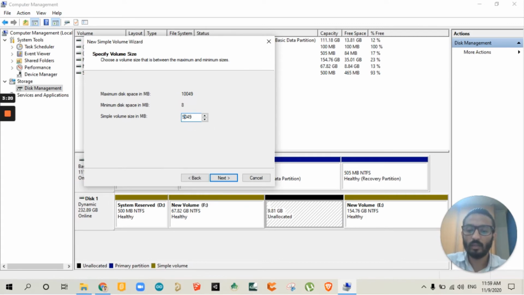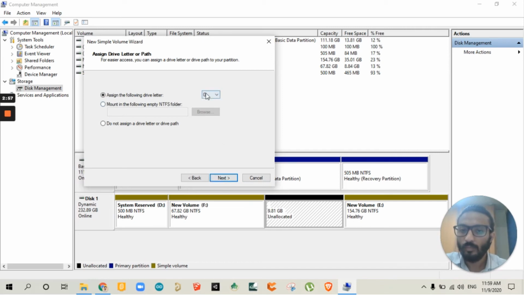We could just create a 5 GB space, but for a separate category of documents, like only simple documents. Simple Word files or Excel files don't take that much space. Video files, 3D files or game files take a lot of space, so for that you would need to create a bigger drive. But right now we are going to use all of the free space, and by clicking the next button, it